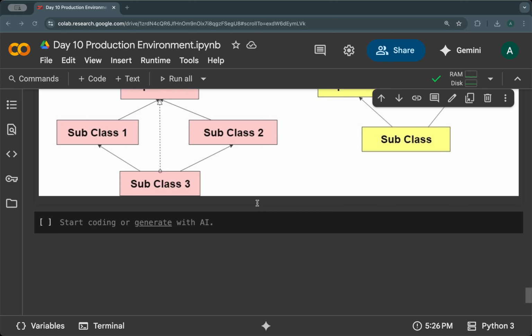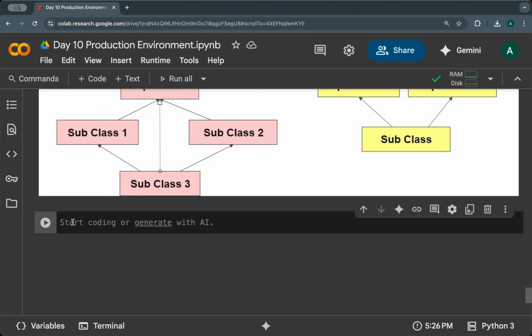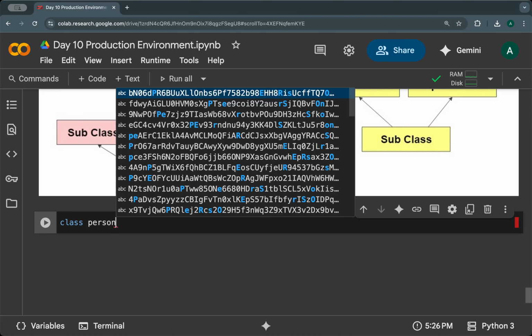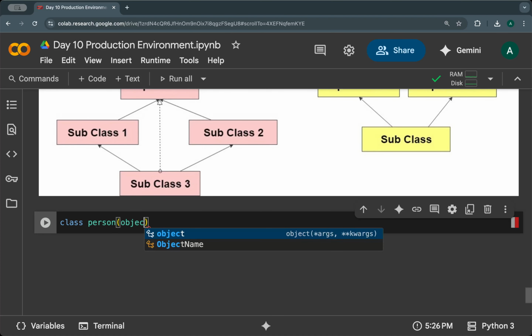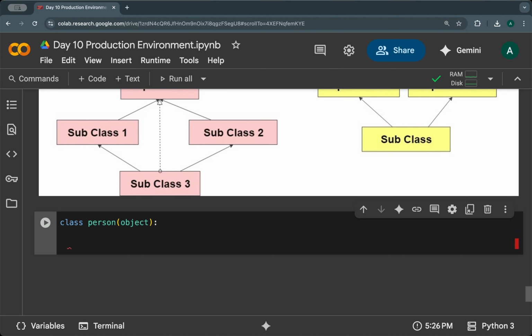I want to create a class with the name person and make that person class my parent class, and then I will create another class that will be your child class, and that will be your employee class, right? So class person, I'm putting object because I want to make this class my parent class. Then def, after that I need to use def